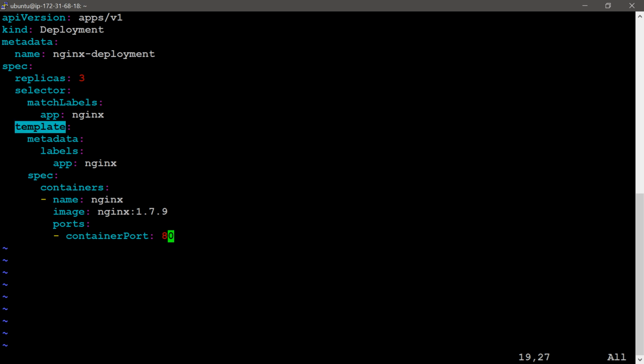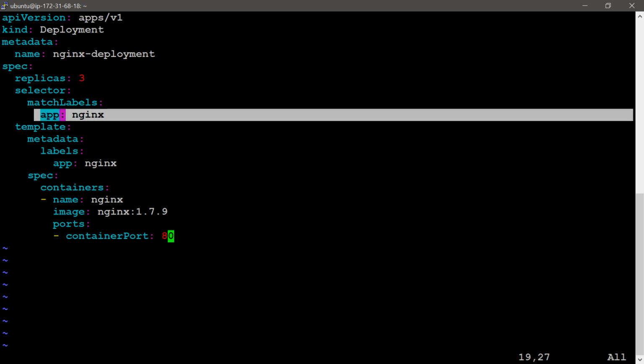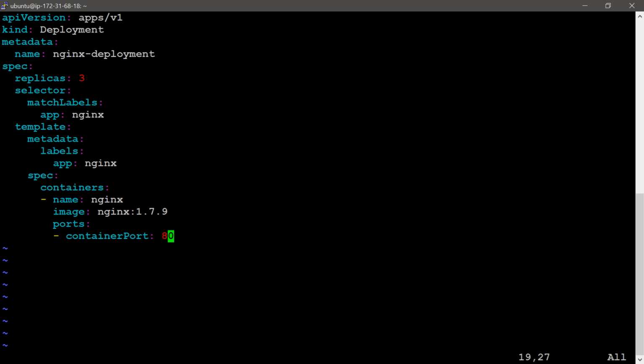In this template section we give the metadata key. Then labels, we need to match this label name app: nginx with the selector's match label key value pair. And a template pod descriptor which defines the pods which will be created.